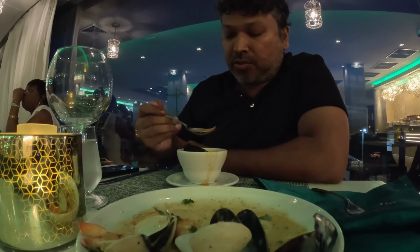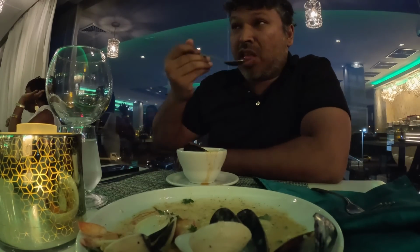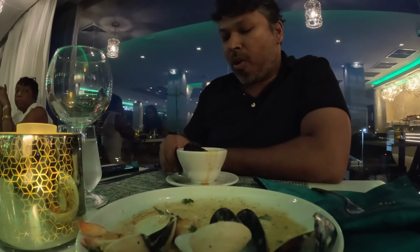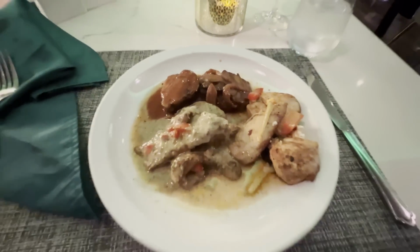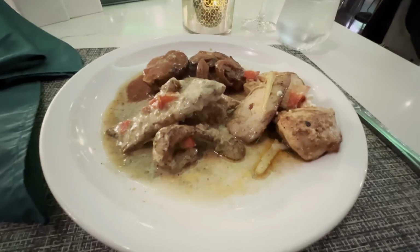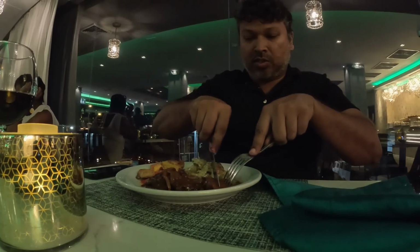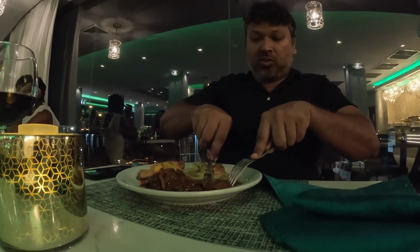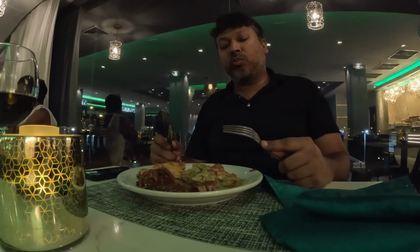Mussels is like one of the best things I could ever eat. But in any event, let's move on to the meats because that's what we're here for. Now, lamb, yes please. Chicken, of course. Fish, that's what we're here for. Everything else, nah. I'm sure it'll taste good, but in this round, we just go in strictly to eat the